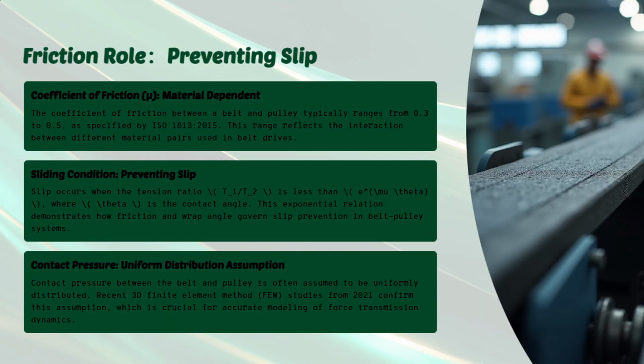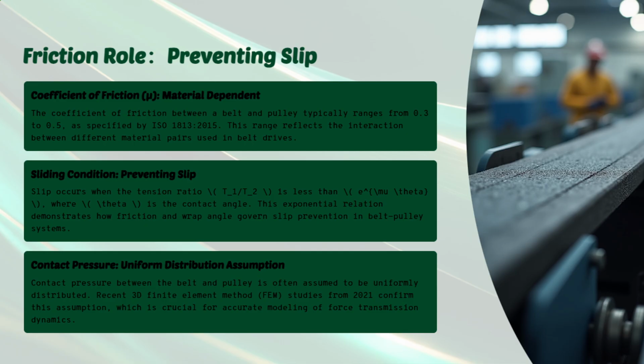Looking closer at the role of friction, its primary job is preventing slip entirely. The coefficient of friction, mu, is highly dependent on the specific materials being used, typically ranging between 0.3 and 0.5 as standardized by ISO 1813:2015 guidelines. Understanding this value is vital because a dangerous sliding condition occurs the exact moment the tension ratio, T_1/T_2, drops below the exponential threshold of e^(μθ). When this drop happens, the belt loses its grip and begins to slide independently of the pulley, destroying the system's